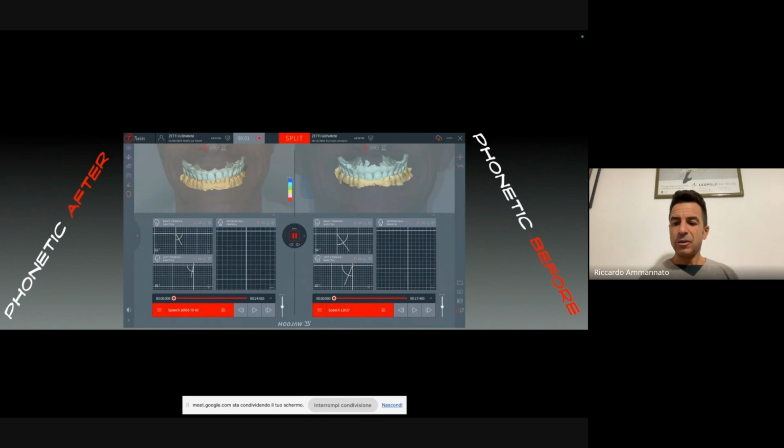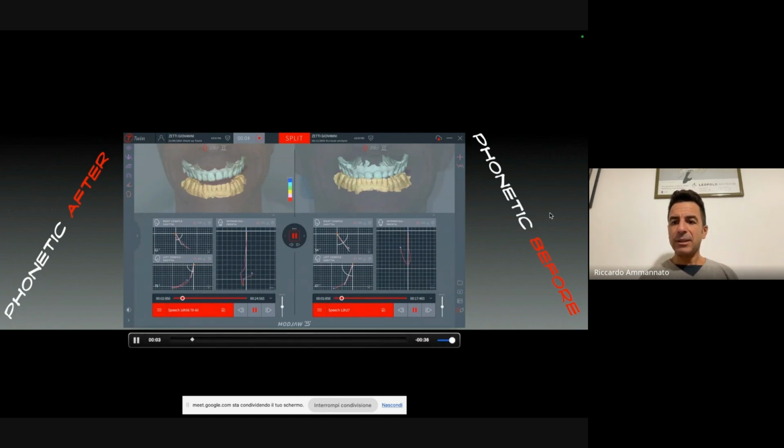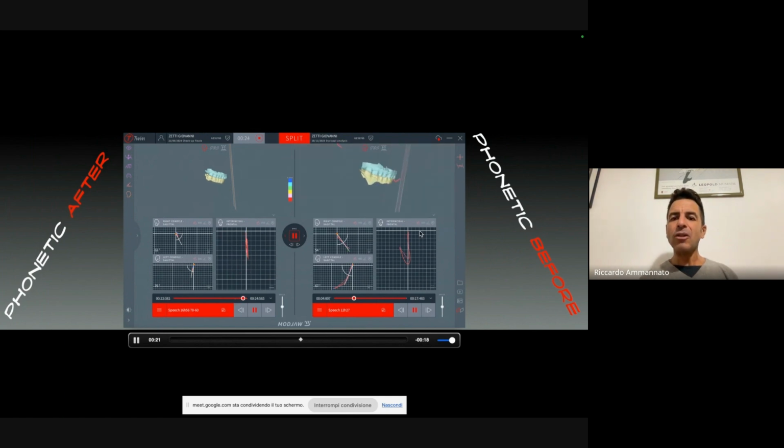And we did here a final module here, the jaw tracking, and you see here, this is before on the right, before the restoration, and this is after. But if you see the movements during the speech, because he is talking here, like I'm doing now, and you can see this was done 3-4 months after the restoration was performed, and here he is not so balanced.